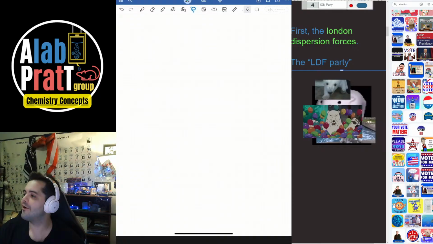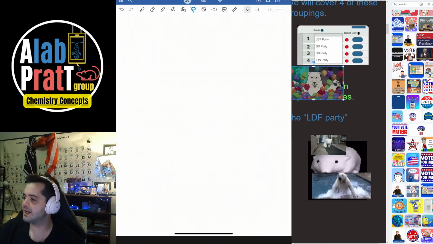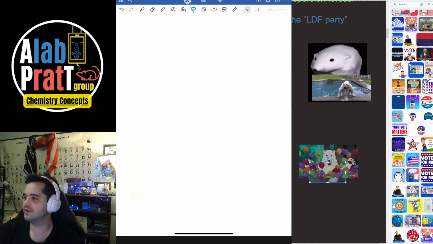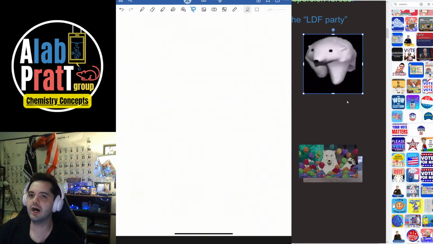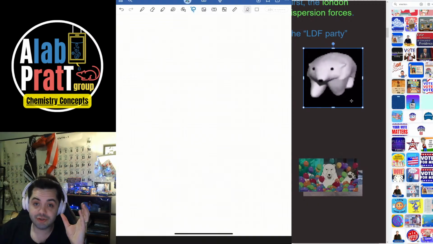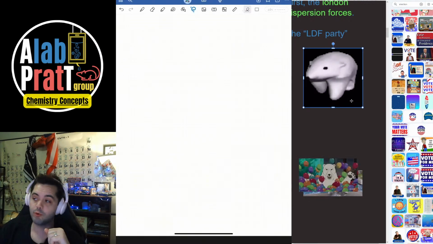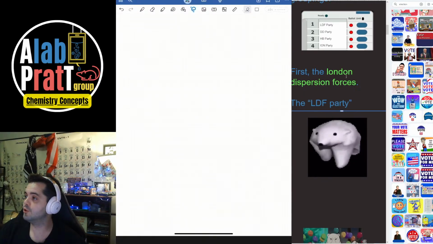Okay, so we got the LDF party, which is, again, all these are on a spectrum, and I want my lecture to have a progression, whether you realize I'm doing this or not. With the LDF party, you still use the concept of charge separation, but it's the worst charge separation. So I got the worst polar bear to start. Then we're going to move to,